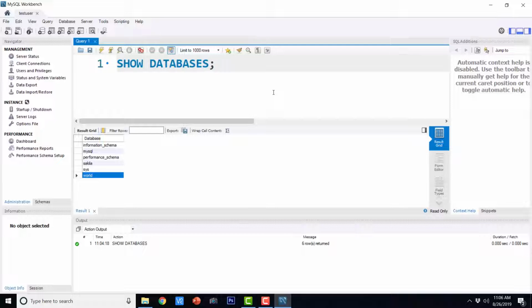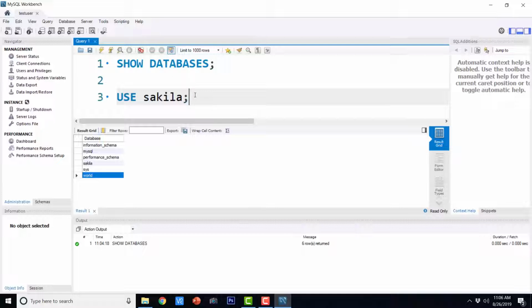Now we are going to use a particular database from this list of databases. So here you can see a database known as Sakila. To use any particular database, just say USE and the name of that database. Here I am following a convention: I am going to use uppercase characters for any built-in keyword, and for objects I am going to use lowercase characters. I am planning to use this convention all the time.